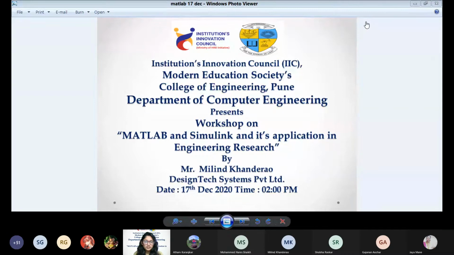Mr. Khanderao completed Master of Technology (M.Tech) in Electronics Engineering from Walchand College of Engineering, Sangli in 2019 and Bachelor of Engineering (BE) in Electronics Engineering from PES College of Engineering, Aurangabad in 2015. He is an active member of We Volunteer Foundation, which handles roadside accidents, Ecoface, an environmental organization, and Kinkara Foundation, an NGO working in the field of health, education, child and women empowerment, and rural development. Without further ado, let's hear from Mr. Khanderao himself.